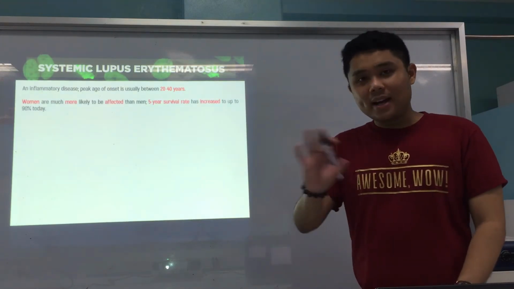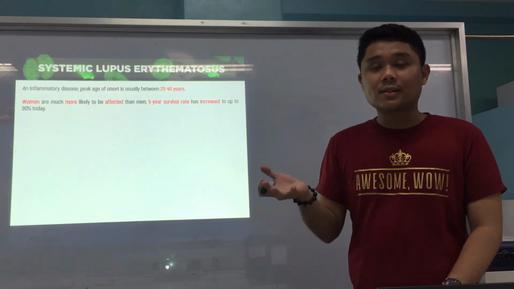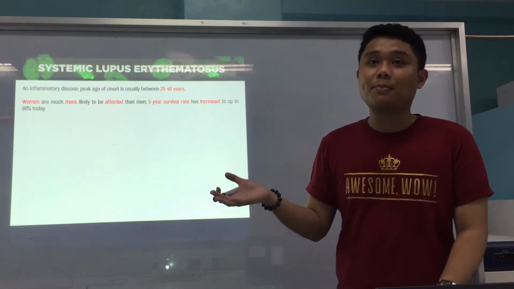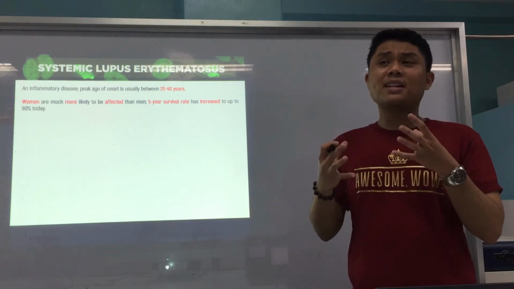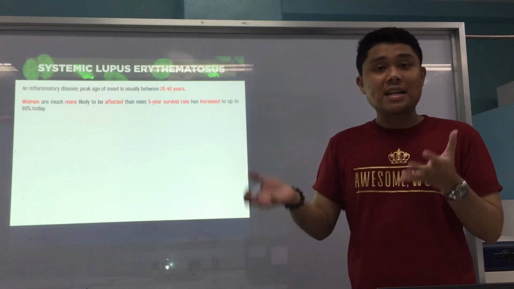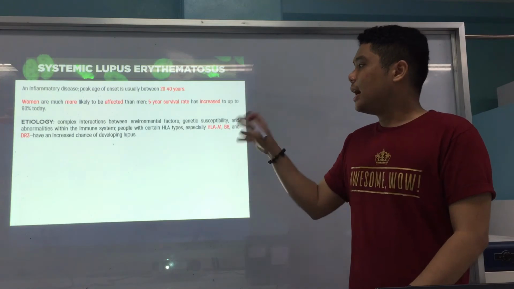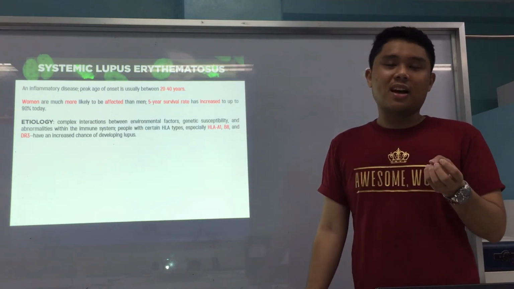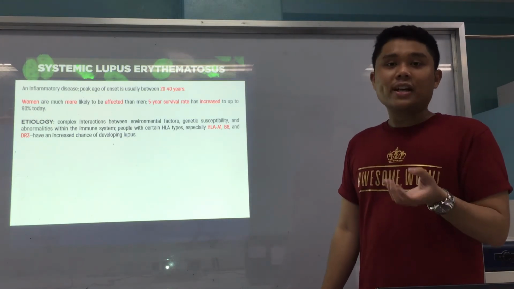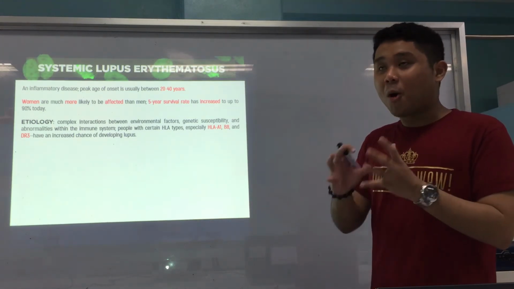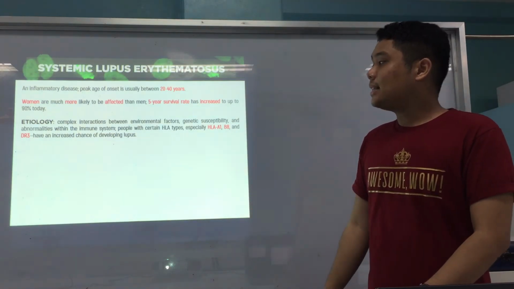Okay, women, as mentioned, are much more likely to be affected, but the 5-year survival rate has increased up to 90% because of recent treatment and maintenance to support SLE. And for etiology, again, there's still no precise etiology, but it is postulated to be a complex interaction between environmental factors, genetic susceptibility, and abnormalities with the immune